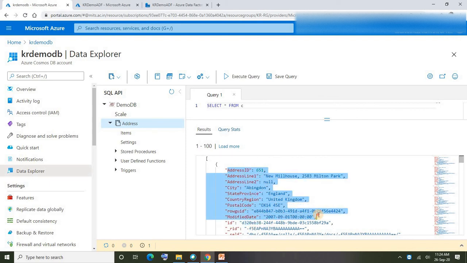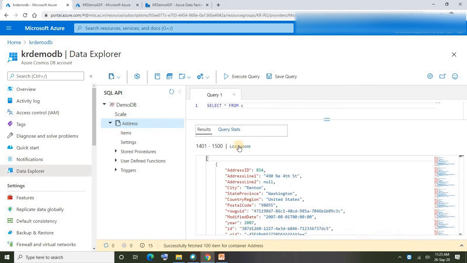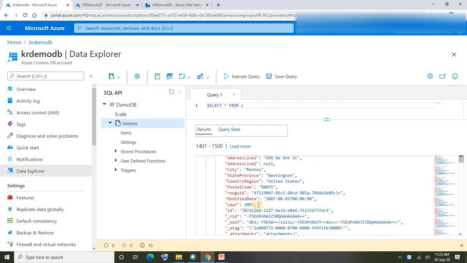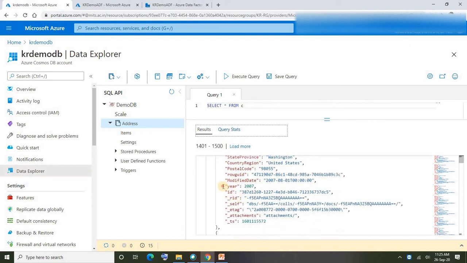Obviously there won't be a year field for previous records. Now if I go all the way to the end, we don't see it here as well. All right, from here these are new records loaded. If you observe, along with those existing fields, there is an additional field created, that is year, and it has got its respective value as well.